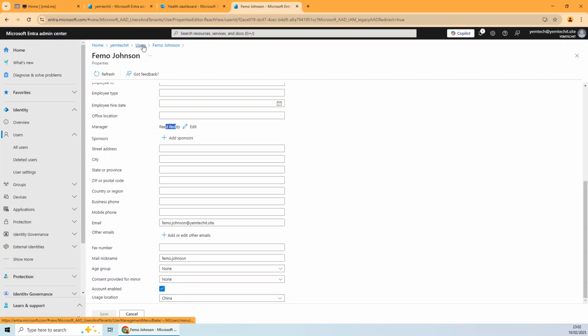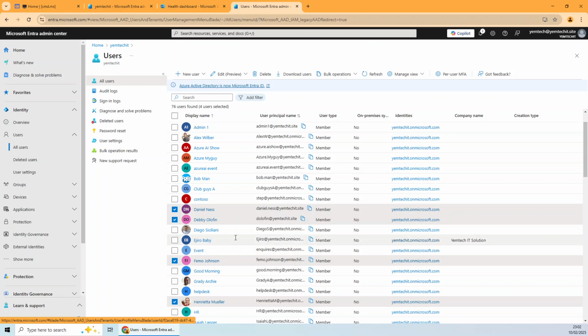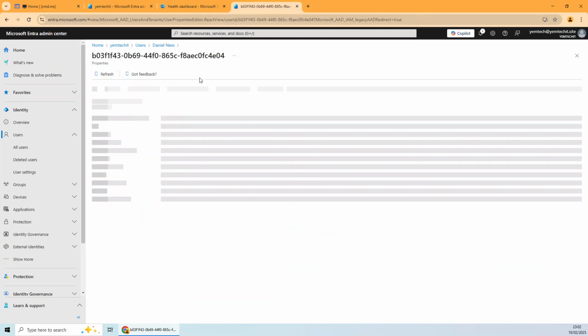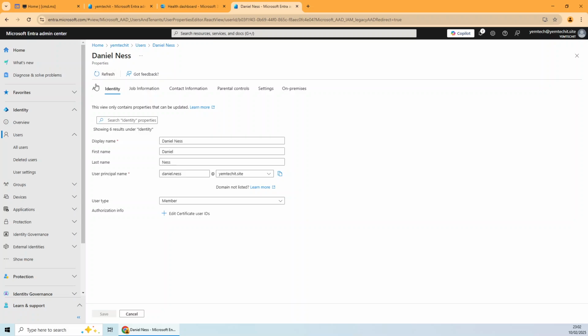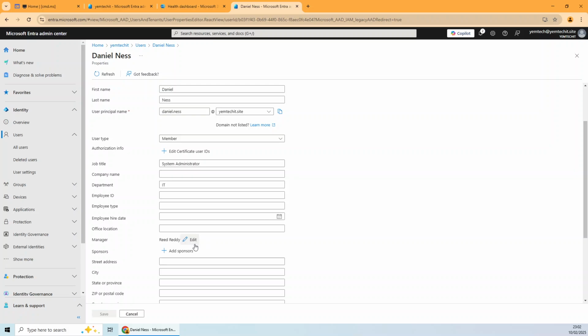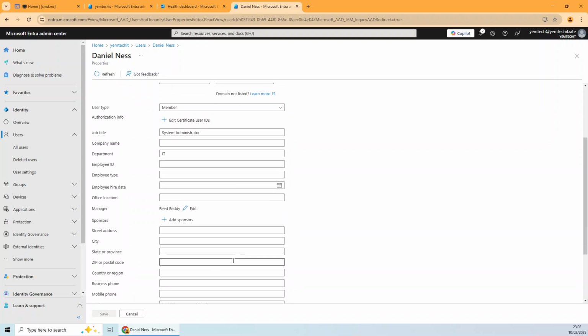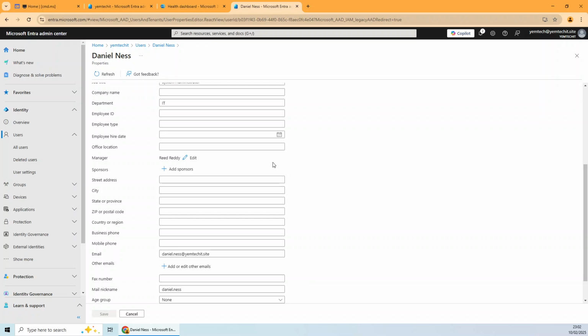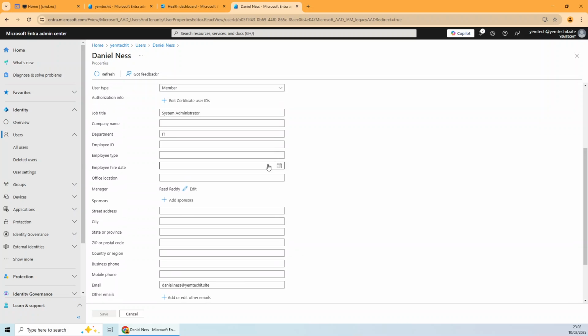Now if I go back again and look at the next user, I have Daniel. Click on Daniel. I'll do the same thing: go to edit properties, click on all, and then check. You can see the same thing: IT department, system administrator job title, the manager. If you go down, you can see the user location, which is China. Okay, so this is how the user management